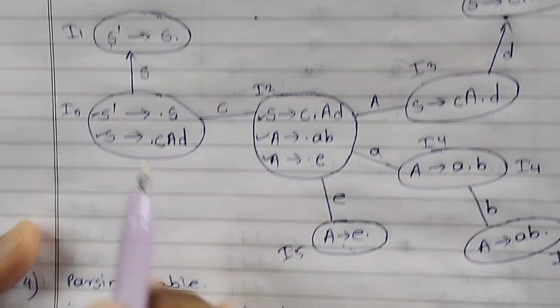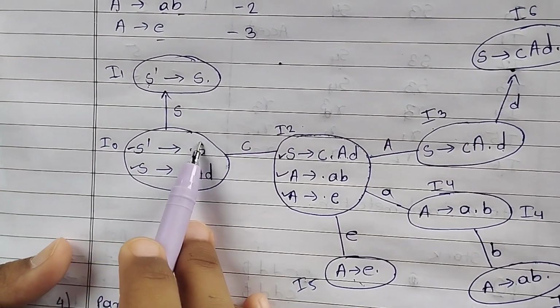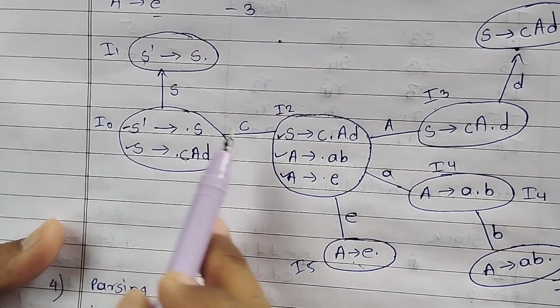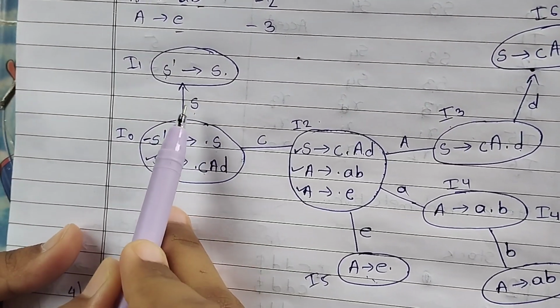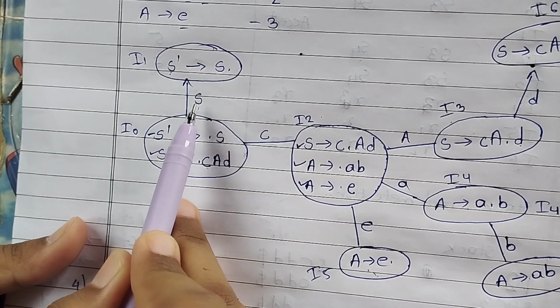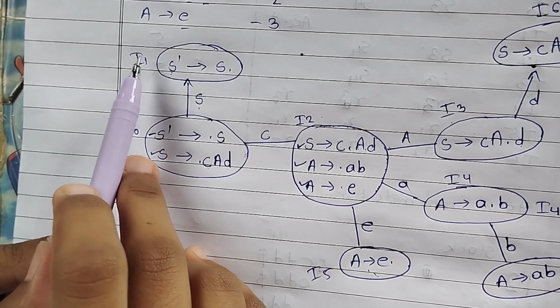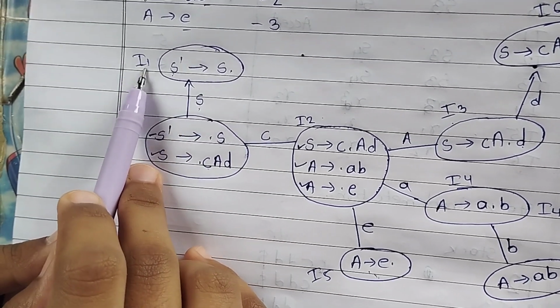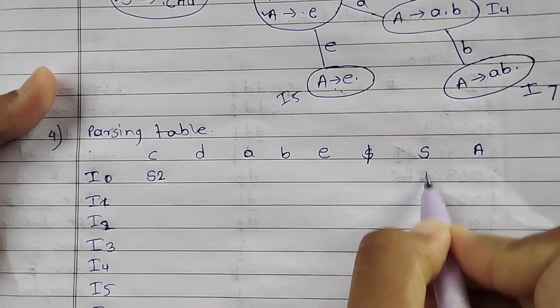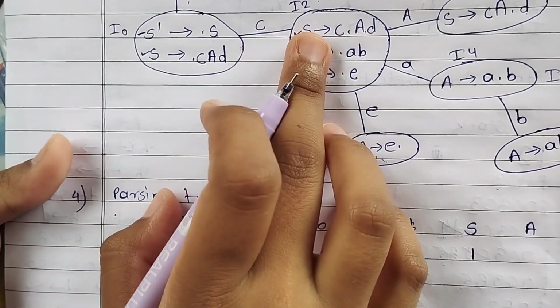I0 and D: I0 does not transfer D anywhere. I0 on A does not transfer; only I0 transfers C and S. So S is transferred to the I1 state, and this is the non-terminal. So for that we write only 1, not S1 or I1, only 1 in S. So I0 and S is 1, and for C we write S2, because C is transferred into the I2 state,